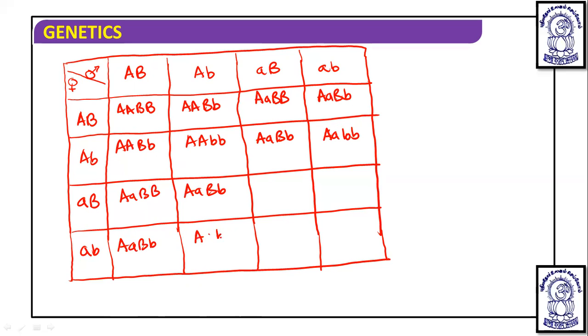Here capital A, small b, small b. Here small a, capital B, capital B. Small a, capital B, small b. Small a, capital B, small b, and small b, small b. Now here, when all four are dominant, all contribute the same, and the recessive is not going to contribute anything. So when four dominant alleles are there,